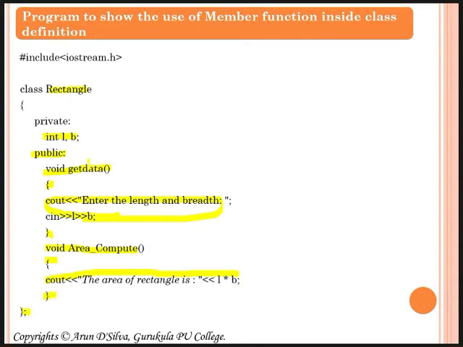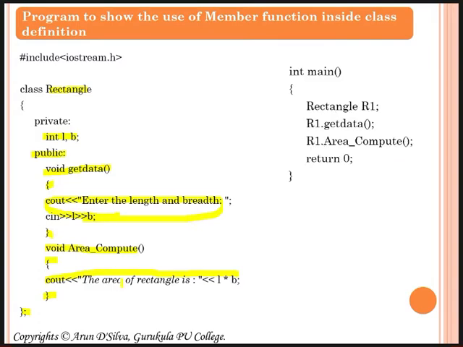Now here these are the two member functions, both member functions inside the class, and this is applicable only for small functions. Here I have used only 1 or 2 lines of code. So that is the reason this is applicable. A small function I can define inside the class only. So as usual I can access it in the main function.